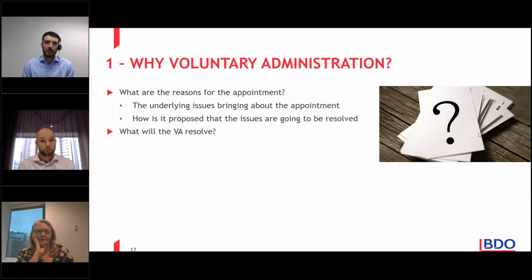You may also find that the director could just have some false hope. Maybe they found out about the VA process online or from a friend, and they really think it's a good process. However, the appointment should have been a liquidation. Maybe there's no hope for a better outcome. But hopefully, as we go through the 10 questions, we can help form that view. And I'll just touch on it, but the director may have received advice from a pre-insolvency advisor, and you often question whether that's the right advice. But now that you may have been able to understand the issues and why the business has gone into voluntary administration, we can now start thinking about what the better outcome is.